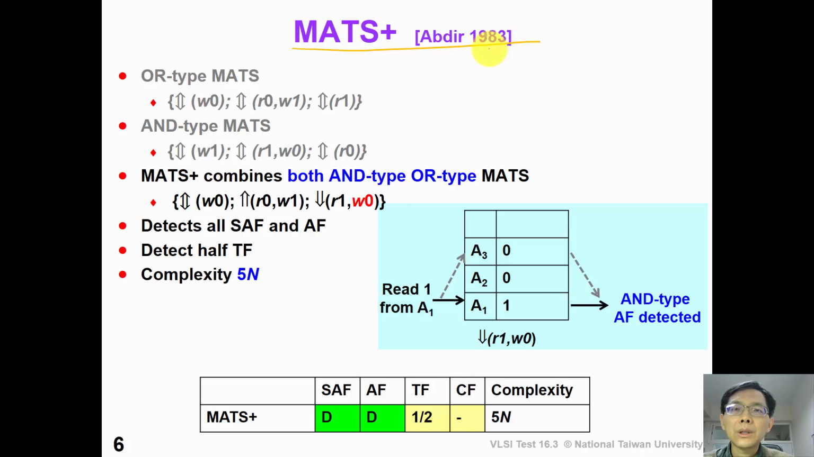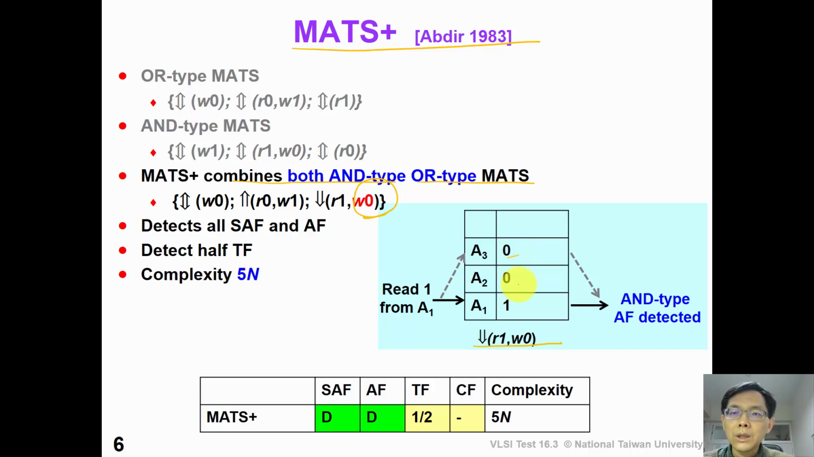In 1983, MATS Plus was proposed that combines both the AND-type and the OR-type MATS. It's very smart that we only need to add one W0 at the end of the last March algorithm. In this figure, now suppose that we finish